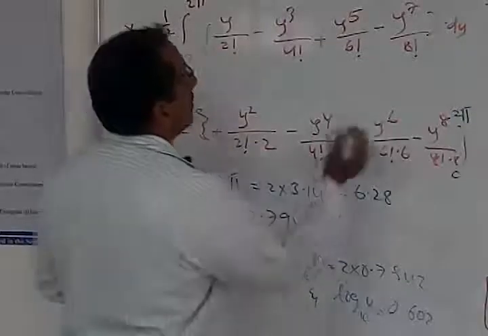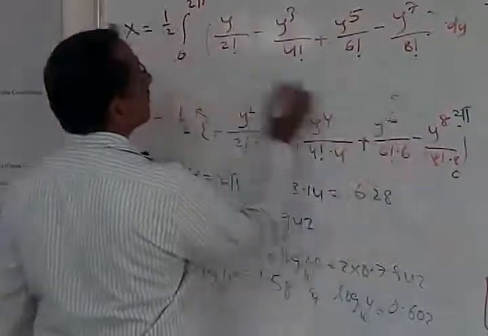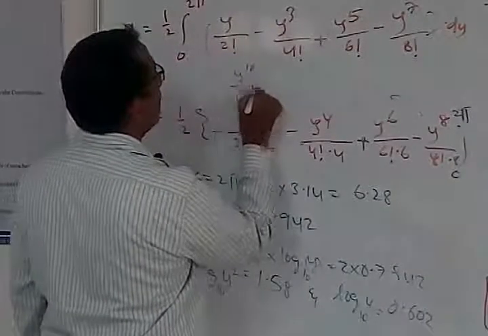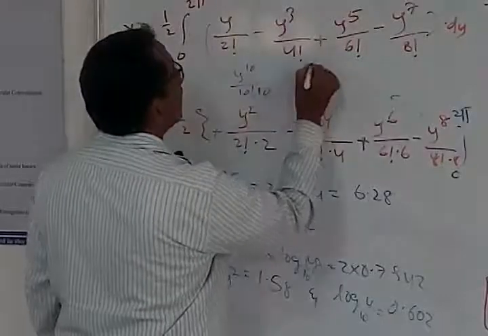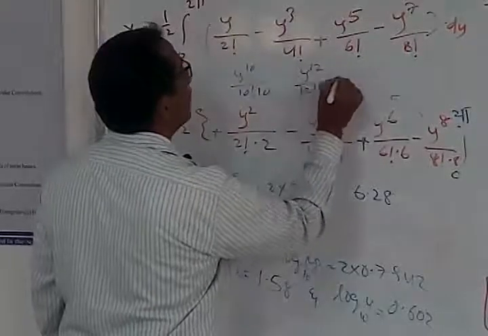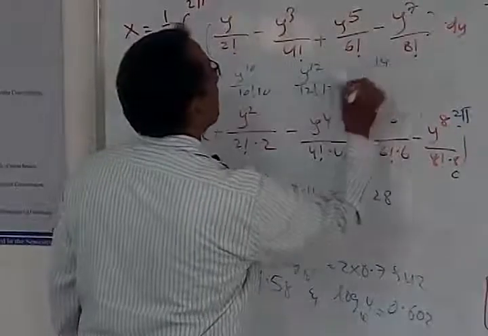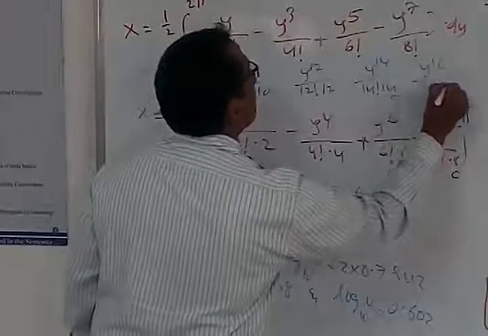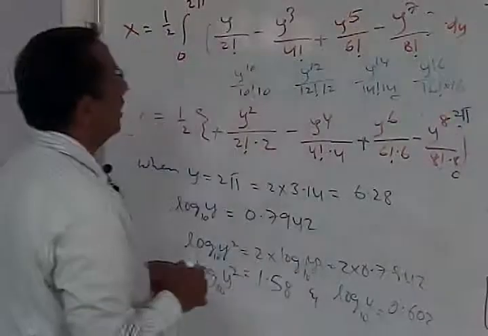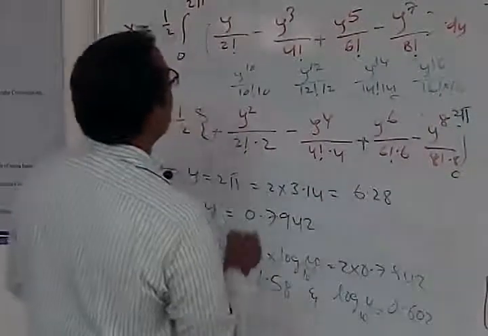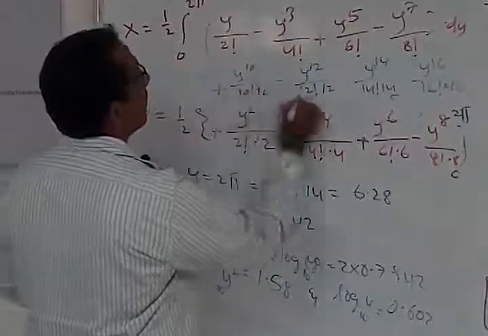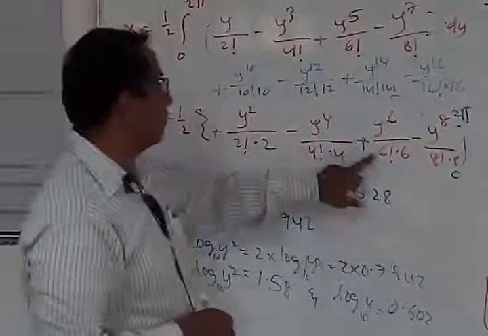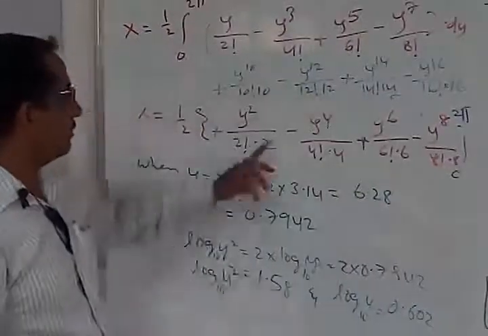That means y to the power 8. Now what is that? We normally are going to write this. After this what can we write now? Y to the power 10 by 10 factorial into 10. Then y to the power 12 by 12 factorial into 12. Then y to the power 14 by 14 factorial into 14. Y to the power 16 by 16 factorial into 16. Okay. So we have minus here, so it will be plus, then minus, plus, minus. So how many plus terms am I having? 1, 2, 3, 4. Obviously 4 minus terms.